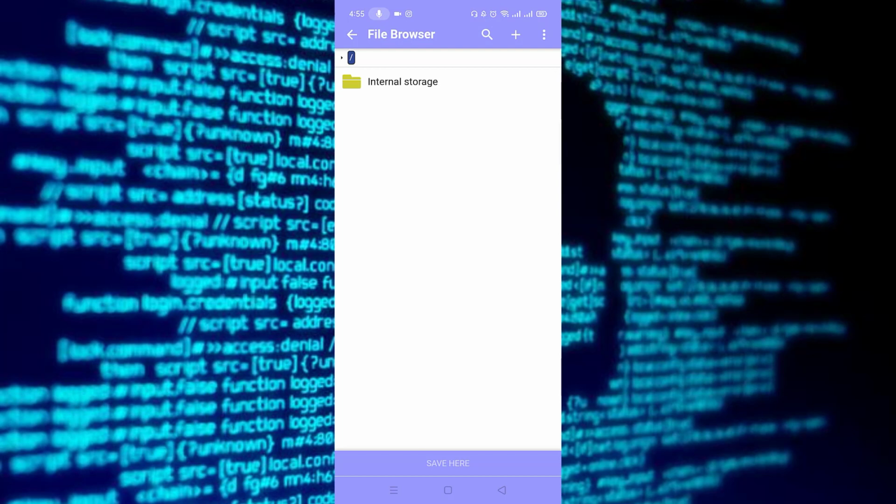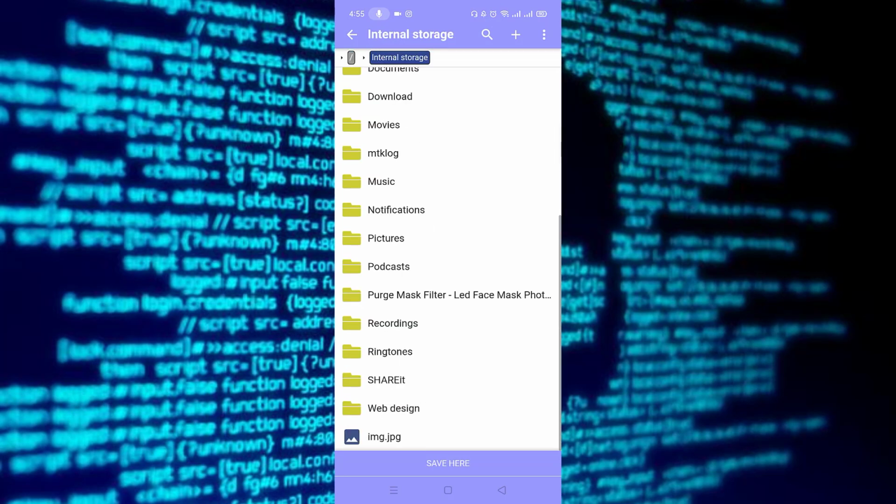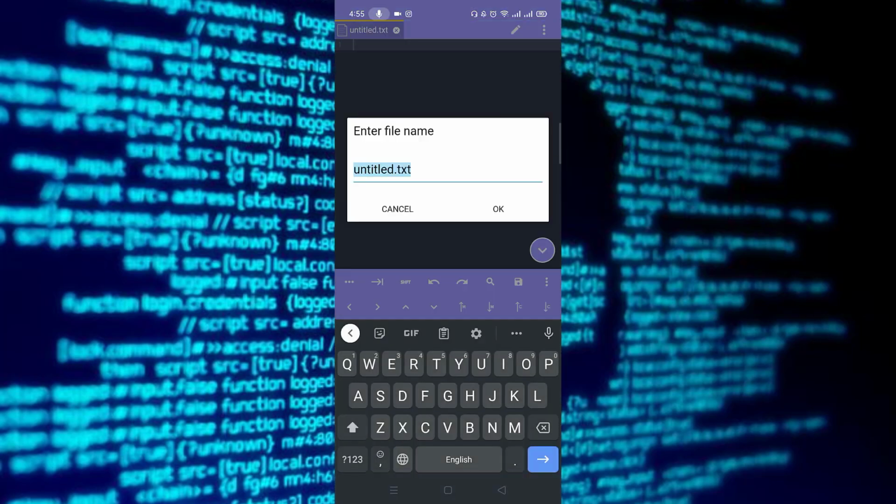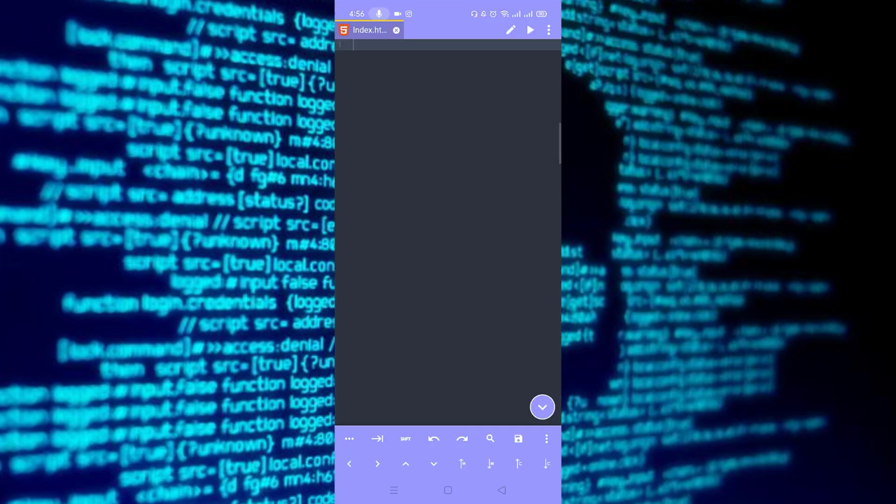I'm selecting internal storage, and I have created a folder called web design. I'm going to save here and rename it to index.html.